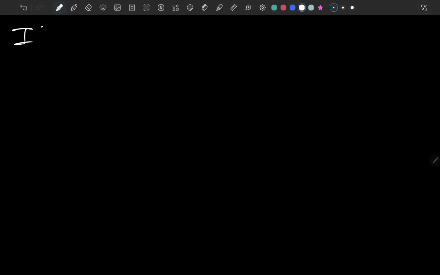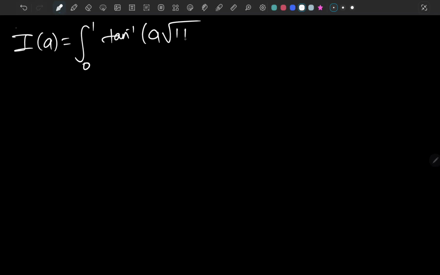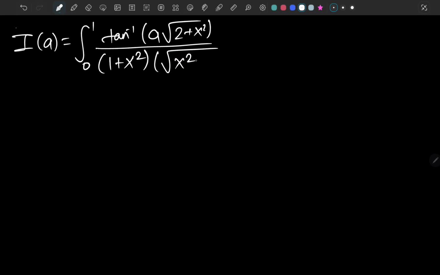So we had parameterized I of a equals integral from 0 to 1 of arc tangent of a times square root of 2 plus x squared, over 1 plus x squared times square root of x squared plus 2 dx. Now we are just going to take the derivative with respect to a on both sides. So taking the derivative,